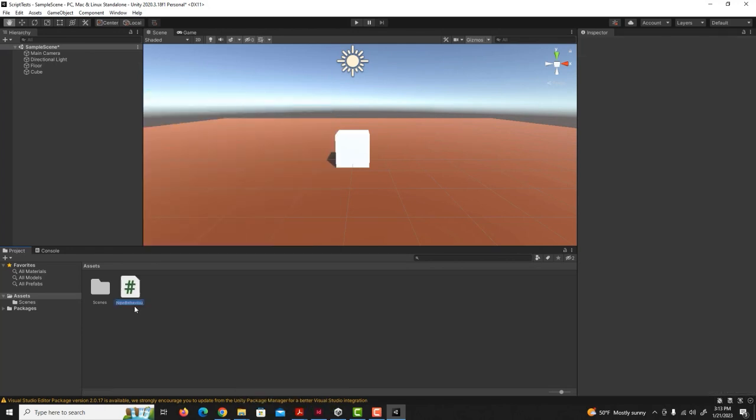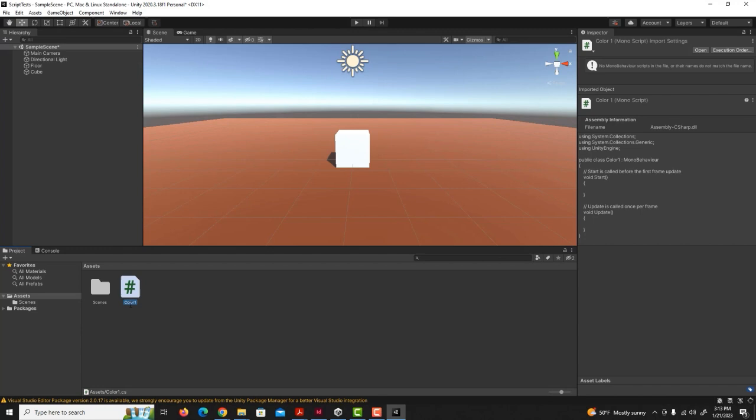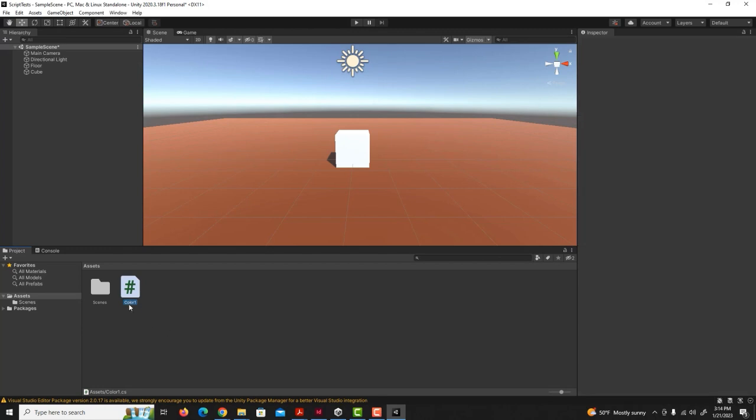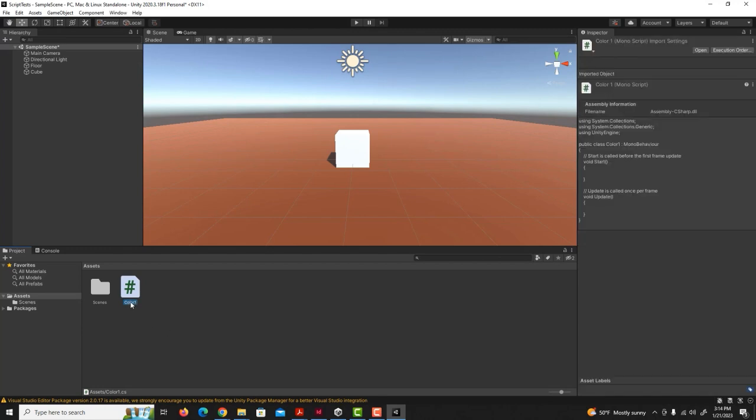It's going to create a script and it's automatically asking me for a name. So we'll say color 1. Now this is very important because the name that we type here has to match the name in the class. And because I have this selected, it is showing me in the inspector what that actually is. So if I double click on this,